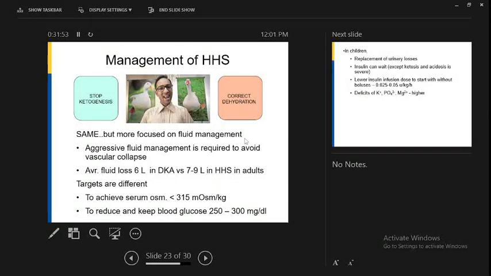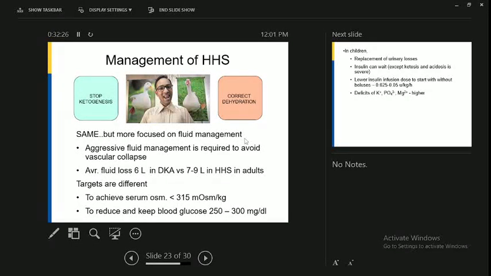It's the same, and fluid management may be a bit aggressive, because in diabetic ketoacidosis the fluid deficit in adults is around 6 liters, but in hyperosmolar hyperglycemic state it's around 7 to 9. So you may have to give some more fluids in those patients to correct the hyperosmolarity. And the targets are also different. You don't have to worry about the ketogenesis. You have to achieve a serum osmolality level of less than 315, and you don't reduce the blood glucose levels